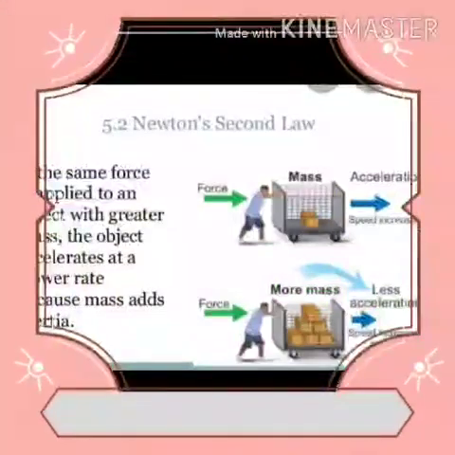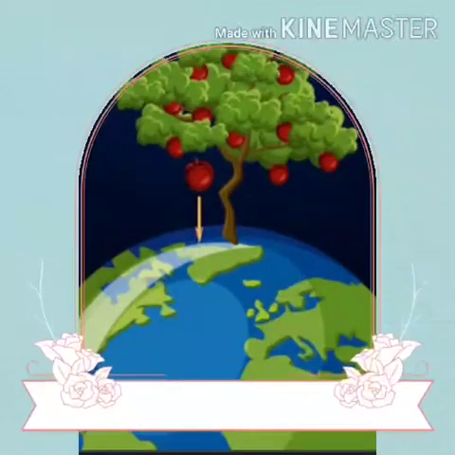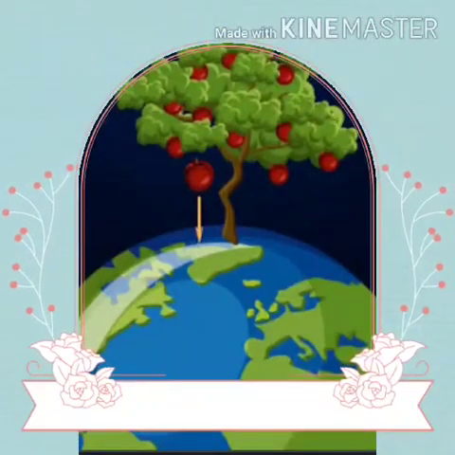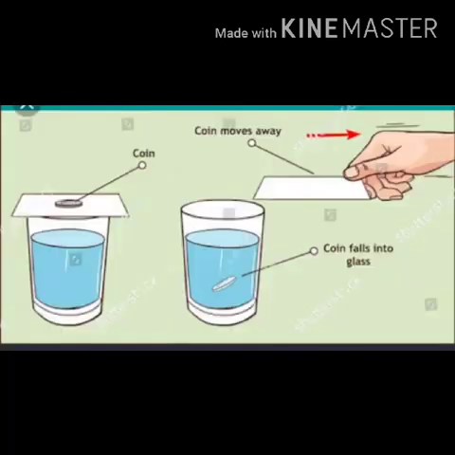What could be the reason for the following? A static object does not move without the application of a force. The force which is sufficient to lift a book from a table is not sufficient to lift the table. Fruits on a tree fall down when its branches are shaken. An electric fan keeps on rotating for some time even after it is switched off. If we look for reasons for the above, we realize that objects have some inertia. We have learned that inertia is related to the mass of an object.